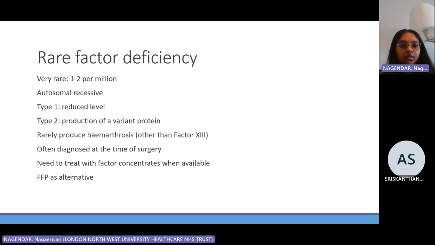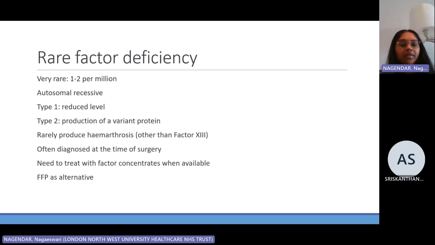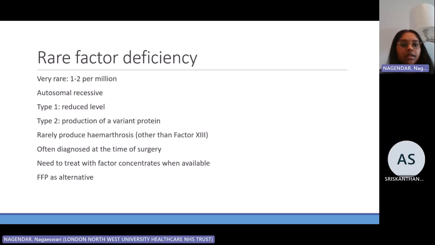Okay, so just moving on. There are other rare factor deficiencies. Now, I think this is probably above the level of finals. They're very rare. It can be 1 or 2 cases per million. Now, typically, they're autosomal recessive. So you can get type 1, which is just reduced levels of the factor, or you can get type 2, which is a production of a variant protein that doesn't work the same way. These rarer factor deficiencies rarely produce hemarthrosis, and this is other than factor